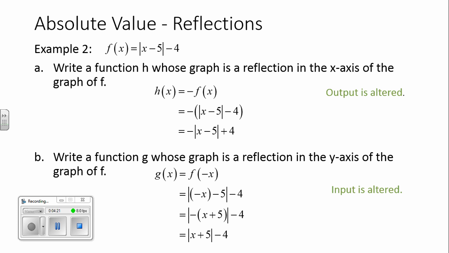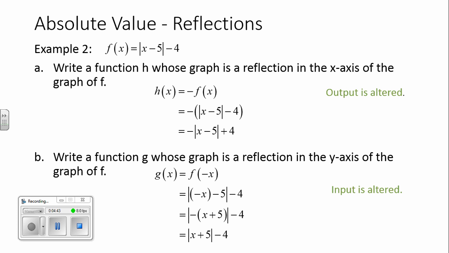Let's move on to look at an absolute value problem and practice with doing some reflections. So here's our function at the top, example 2, f of x is absolute value of x minus 5 and then minus 4. So again, already if you're thinking of the parent graph of just y equals absolute value of x, you should be thinking of a V shape where the point part of the V, the vertex, is sitting